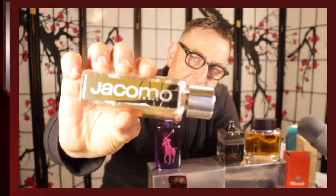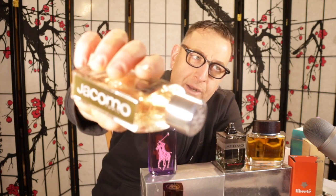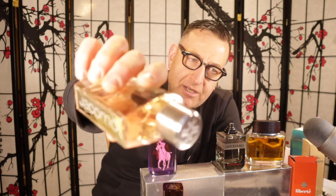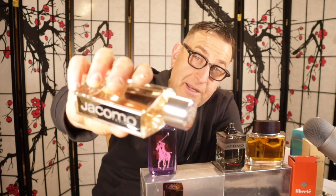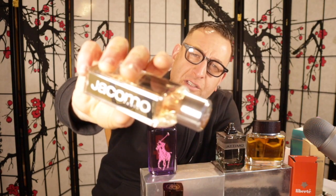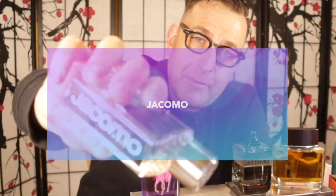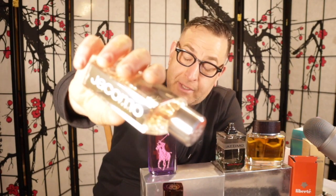Giacomo for men, the silver cap edition, has pineapple, pepper, coffee, nutmeg, and tonka bean in it. What a precious composition. It's an oriental woody fragrance for men. It smells so good, but this is another one that you might have to overspray. It comes to me with anosmia where I can't smell anything when I first try it on, and then maybe later, 2 hours later, I can smell something I completely forgot, and I'm wondering what is that I was smelling,